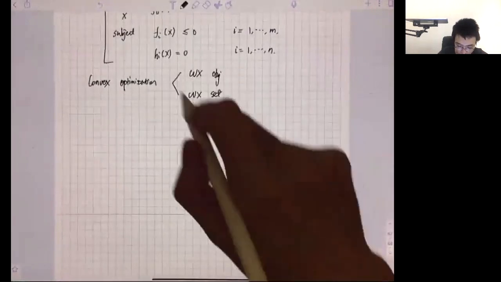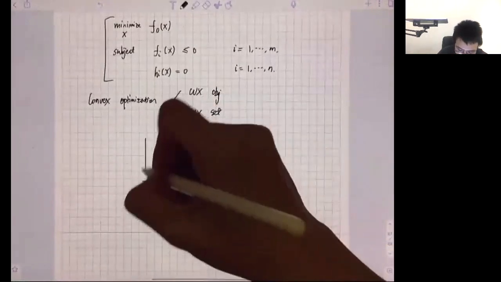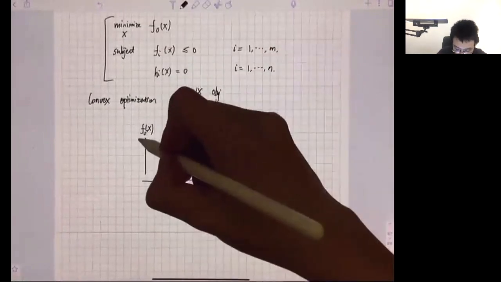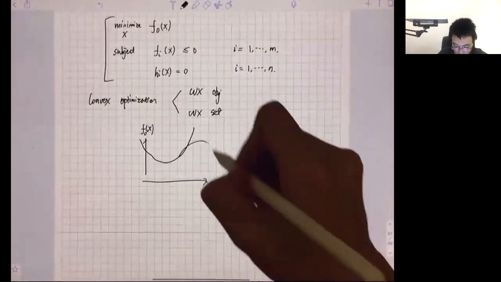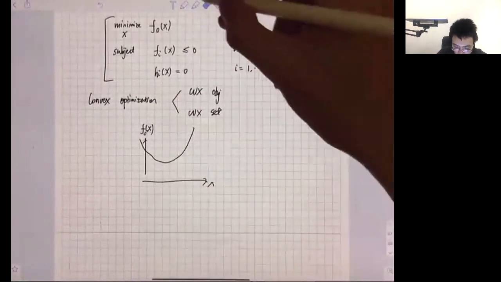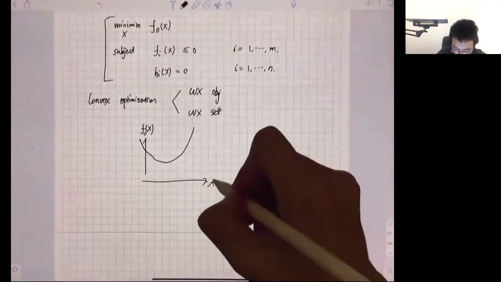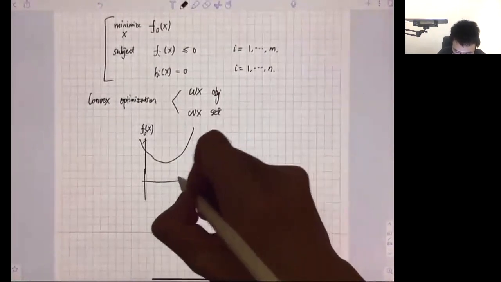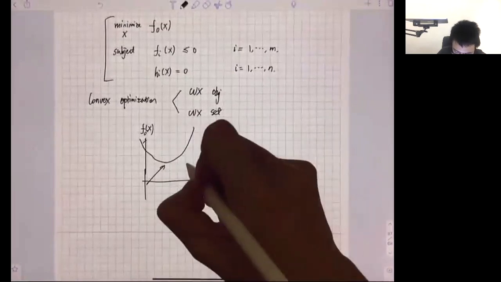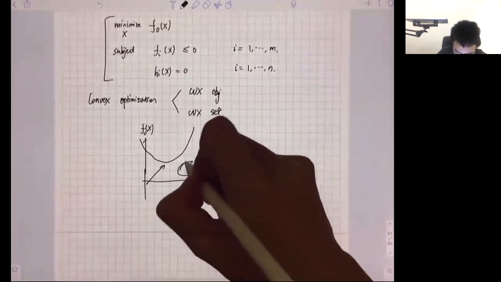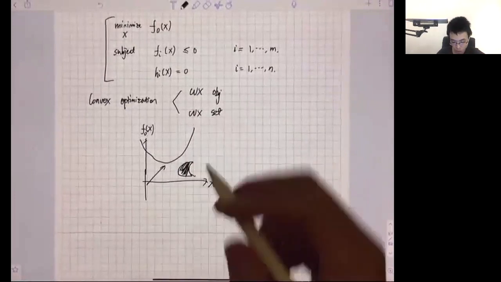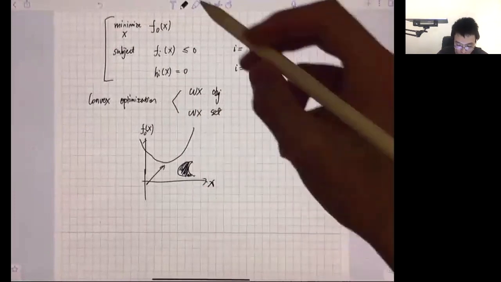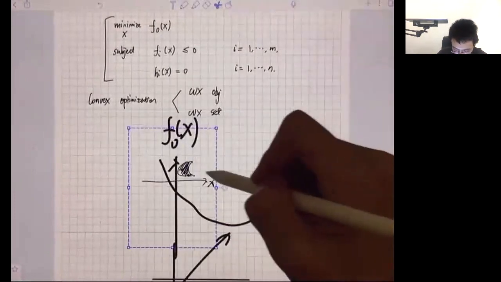Okay. So basically it says this is your x, and this is your maybe f of x, f0 of x, which is your objective. This objective must be convex. It cannot curve down. And then your feasible set, your constraint must be a convex set. So you cannot say, suppose this is my x, my feasible set is this set, okay? Then it's not convex, okay? So the convex optimization is essentially a convex objective on the convex set, which